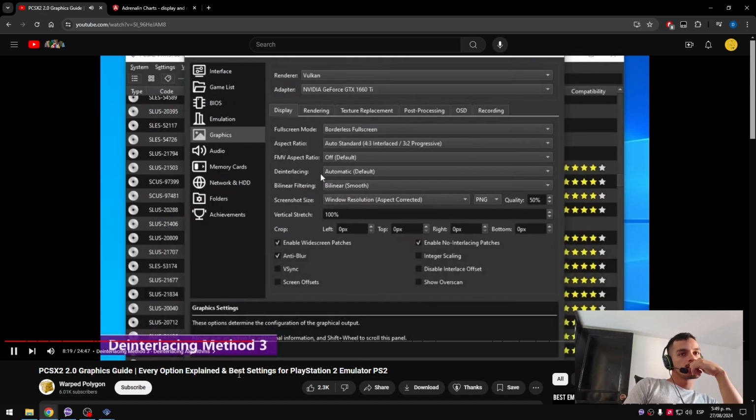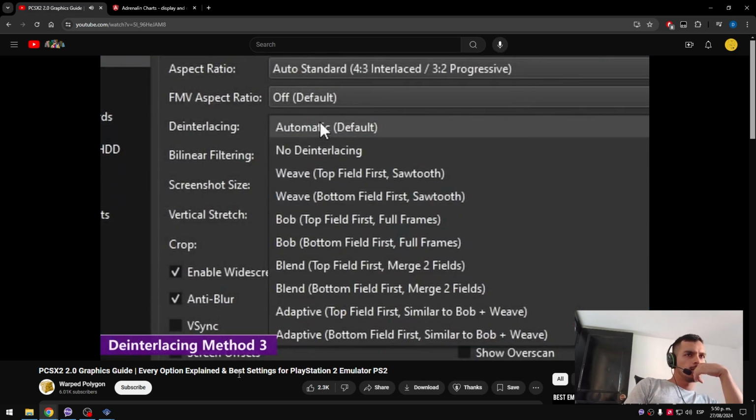The third way we can remove it is by using this deinterlacing option here. And if we click on this drop-down list, we've got a bunch of different algorithms we can choose from